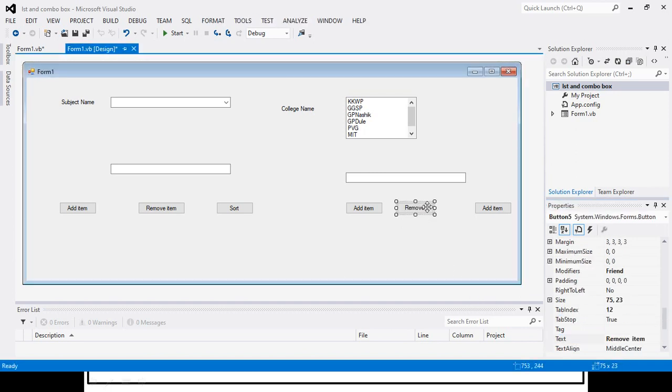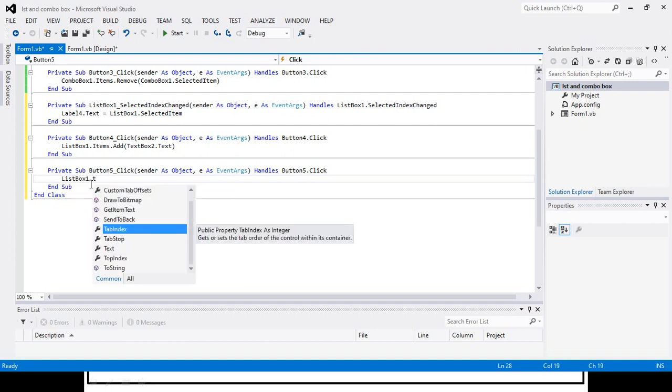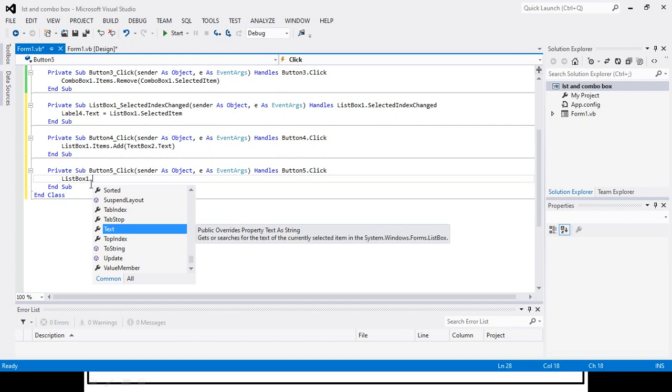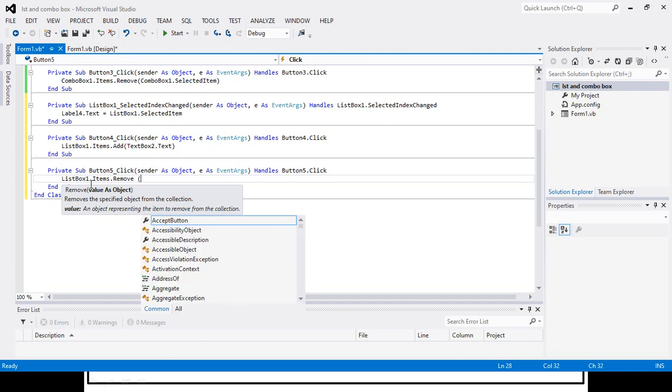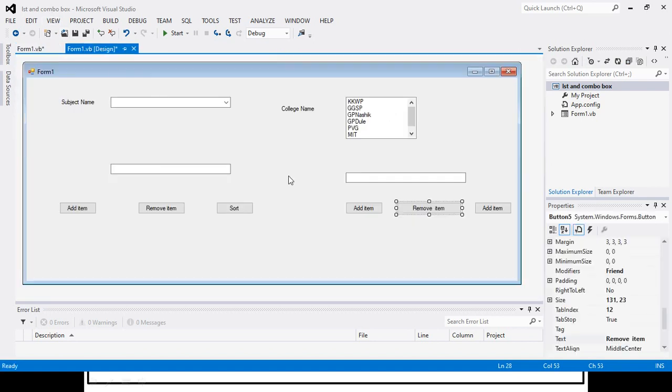On the click of this remove item button, we will write list box 1 dot items dot remove, and here whatever item is selected in the list box 1, so list box 1 dot selected item. So this we can have.